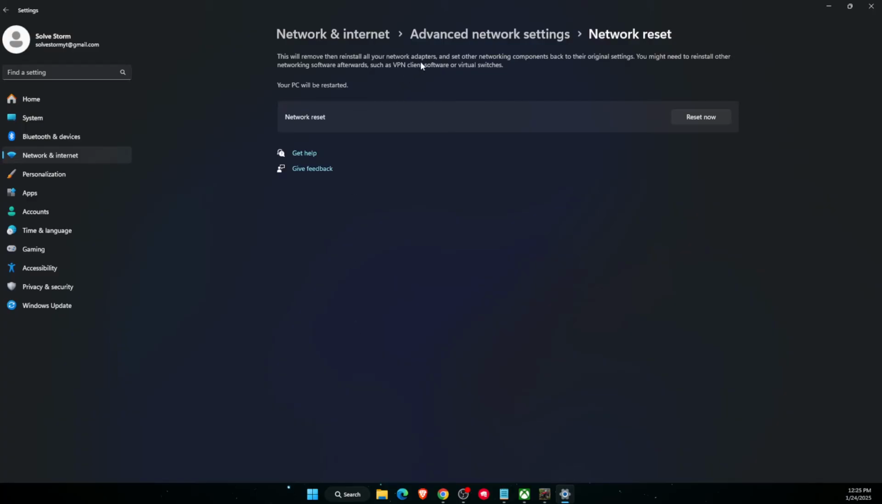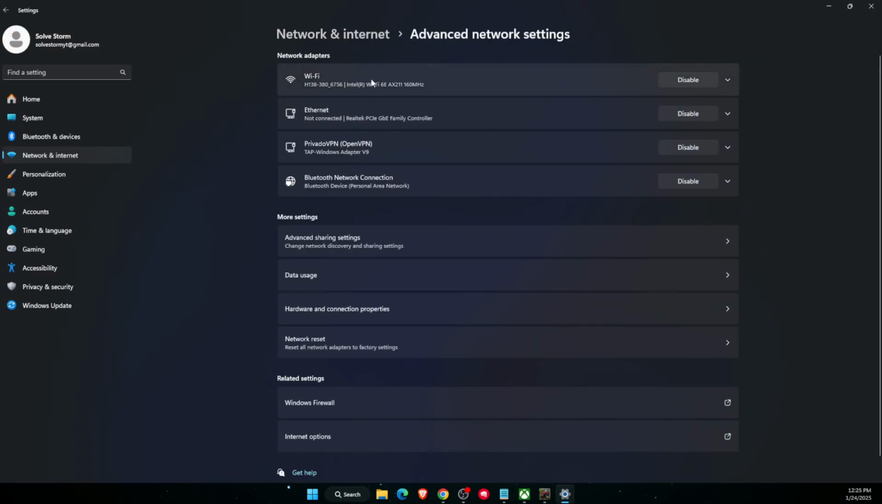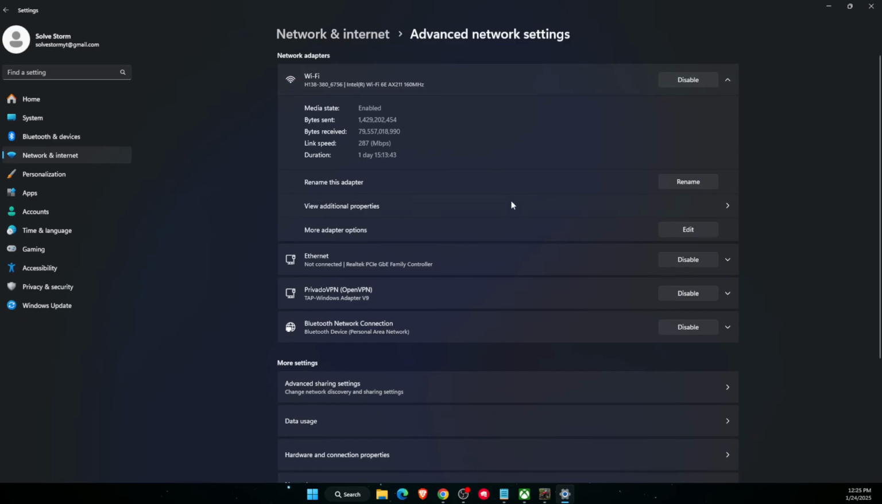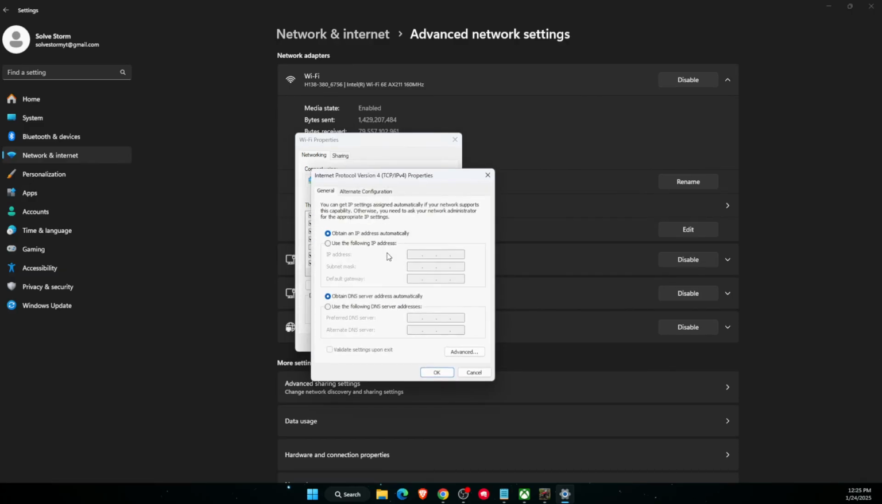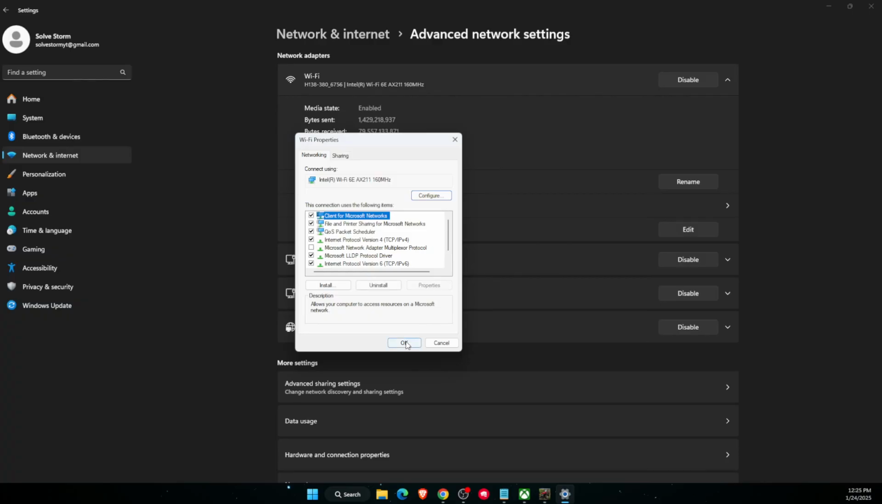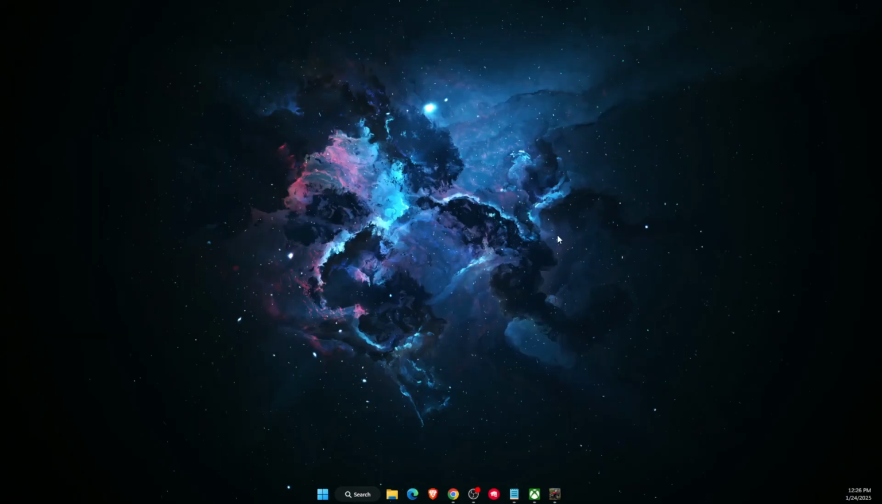And the last thing you can do is go to advanced network settings, choose your internet, then more adapter options, click edit. After that, you want to choose IPv4, Internet Protocol version 4. Open it up, use the following DNS servers, and you want to write that down. Google servers, so it would be 8.8.8.8 and 8.8.4.4. Then click OK and OK. And that should fix your